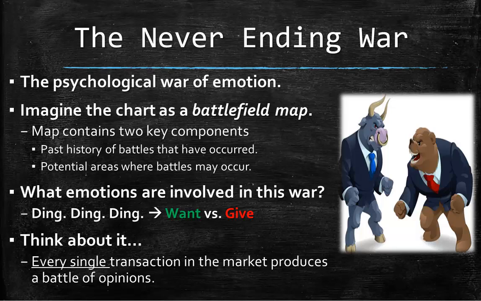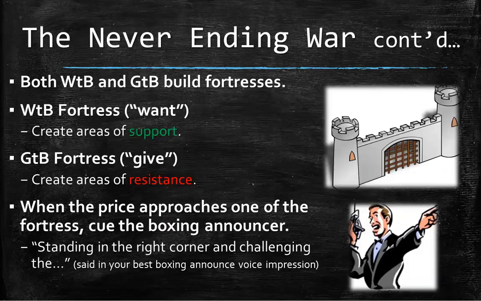And that's what happens over and over and over again in the market. But we're looking for more of those overall areas. Like I said, when you and I do it, that's just a little micro battlefield or battle. But we want to see the overall battle and where some of these key areas of want and give are. To stay on the path of having a battlefield map,